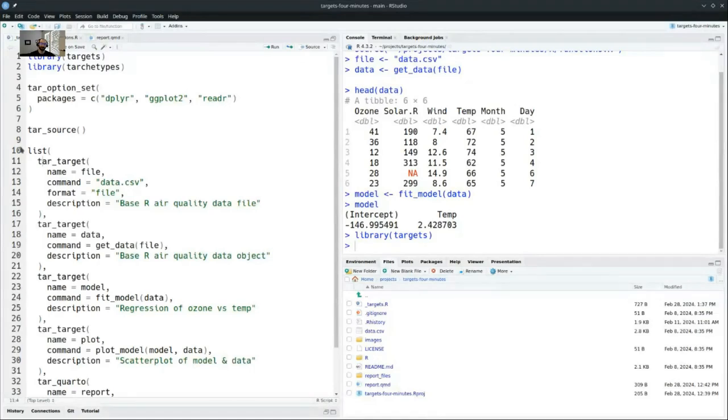And so it'll have a name, it'll have a command, which is just an R expression that's going to run when the target runs. You can have a bunch of other options. In the development version of targets, you can even add a human readable description. This is a feature that's not quite in the current release yet, but is going to be in the next one. Likewise for other steps in the pipeline.